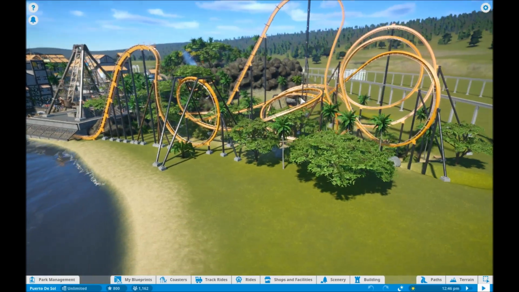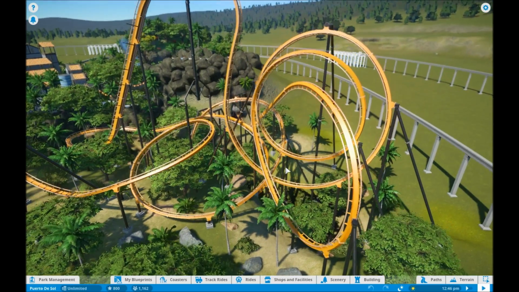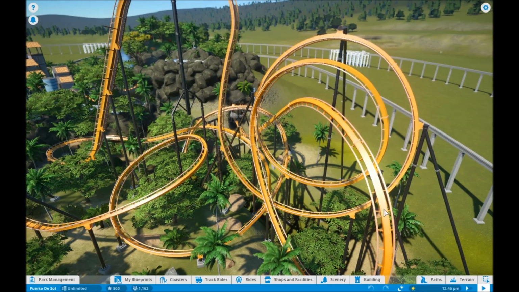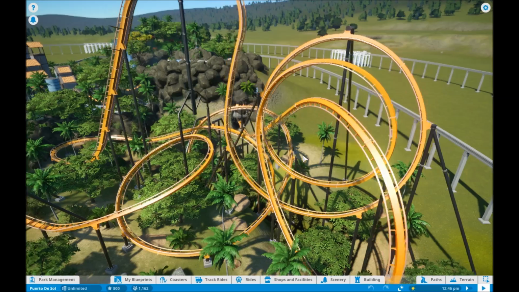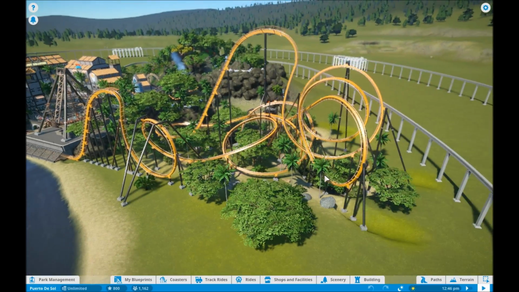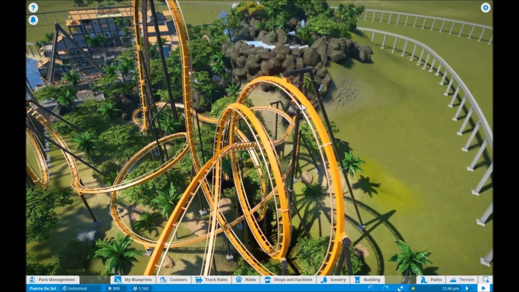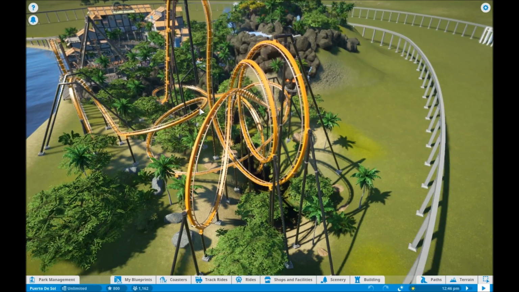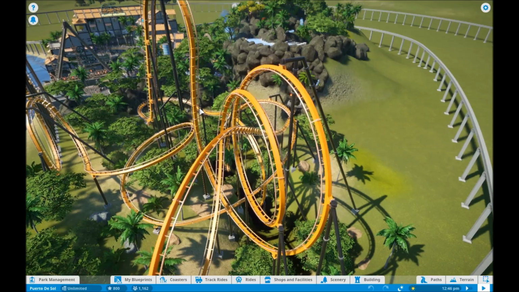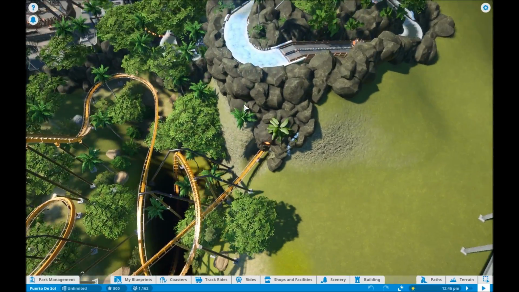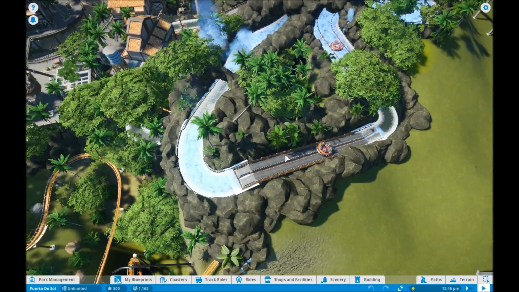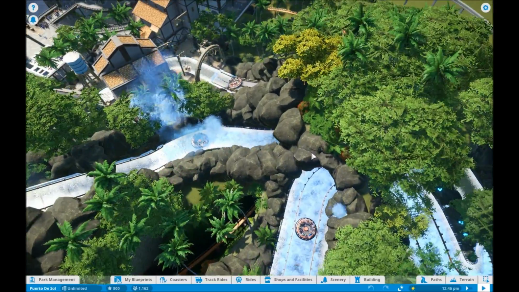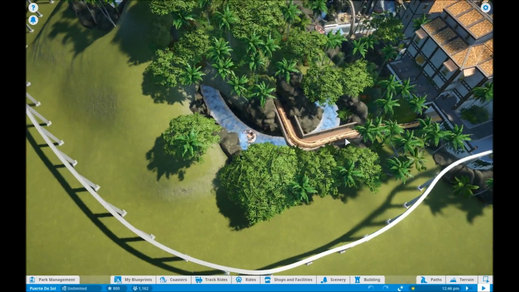Even this one, as big as it is, I didn't drop it at the ground level. It actually starts right here, then curves up into the loop. It's not all a drop, because I didn't want that much speed. And then even on these loops, it slows down to about 15 miles an hour at the top of this one, and then it's still going a little fast. I should put some brakes on it, but I like it the way that it is, even though the ratings are pretty low. And then the last thing I wanted to talk about, I'll just talk about on this one,